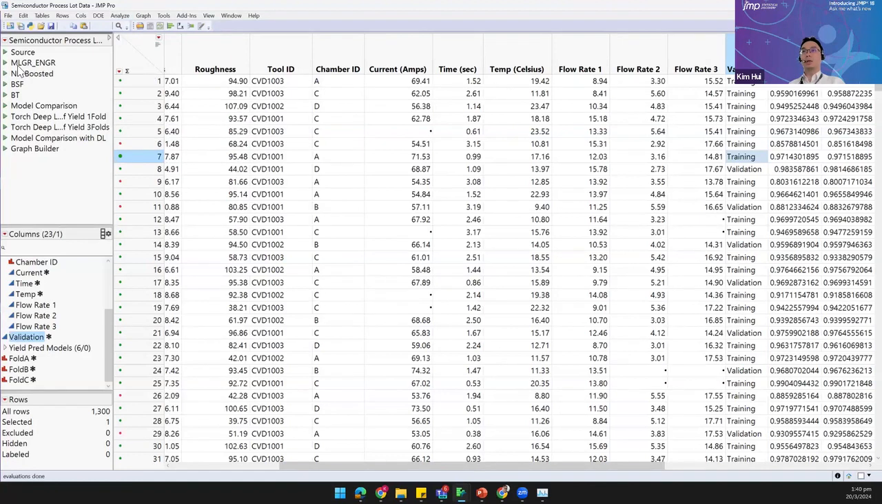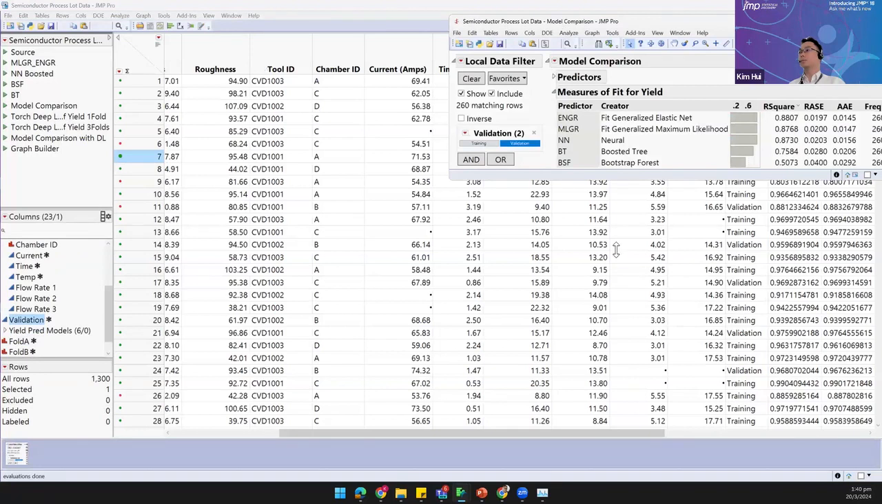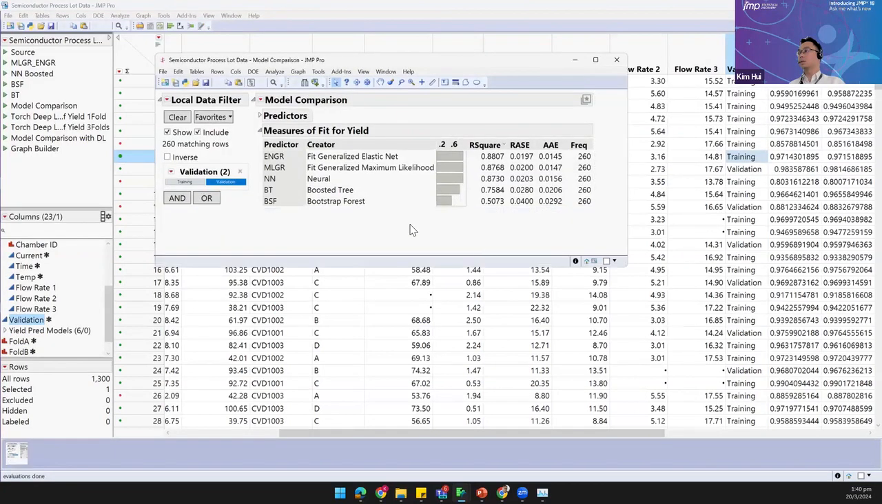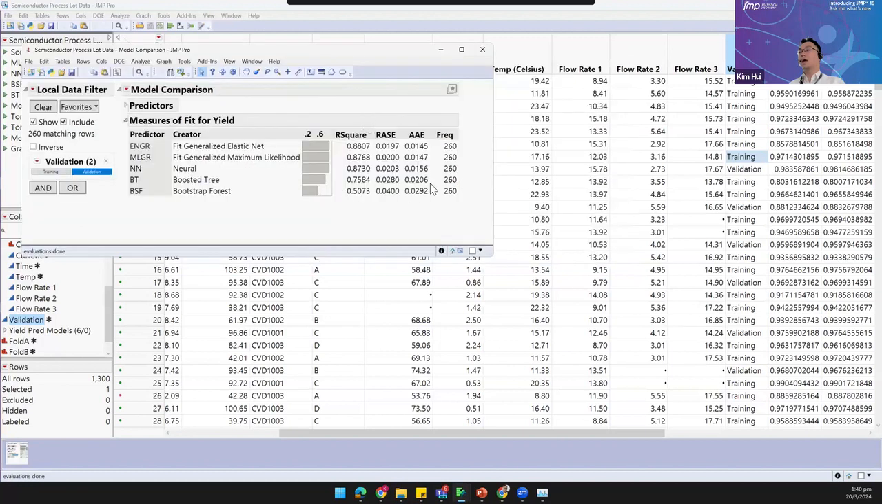We have this maximum likelihood generalized regression. We have also elastic net generalized regression. We have neural net boosted. We have bootstrap forest. We have boosted tree. So I can take a look using JMP Pro. I can take a look on all of them, right? The performance. So this is a training performance. This is a validation performance. I can line them up side by side so that I can know. Seems like my elastic net, right, is the best one. It's quite comparable with the maximum likelihood. Okay, so this is my current performance,